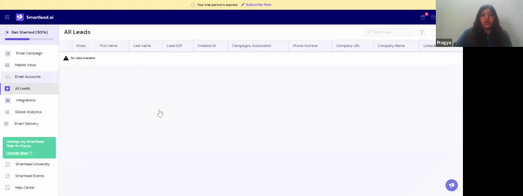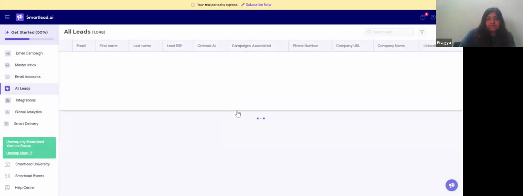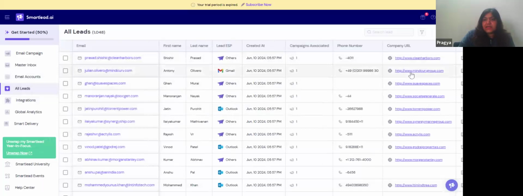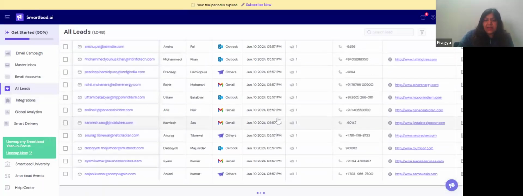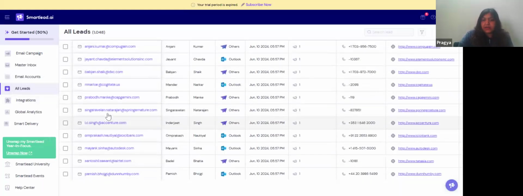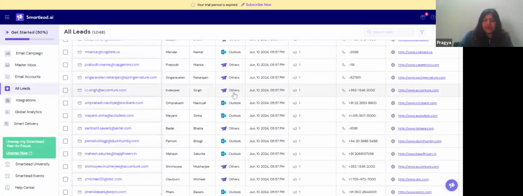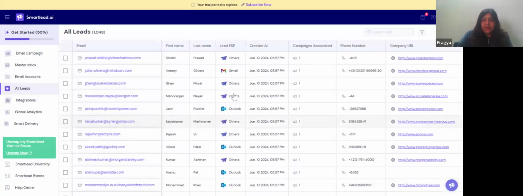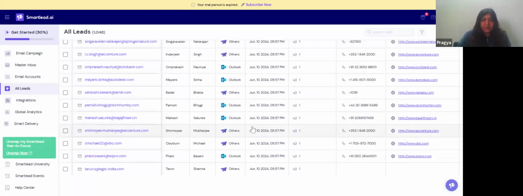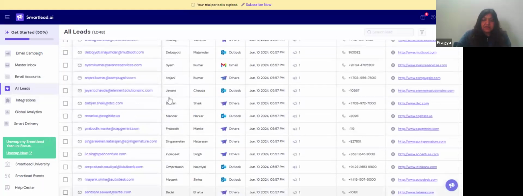So now let's talk about leads. I'm just going to briefly cover all of this. These were obviously the leads that I had generated, and these are all the people that were connected, and how they were connected. Mine was SMTP. These are all the other details that have popped in based on the email and the phone number, whatever I had provided, right? So these are actually considered as the leads.